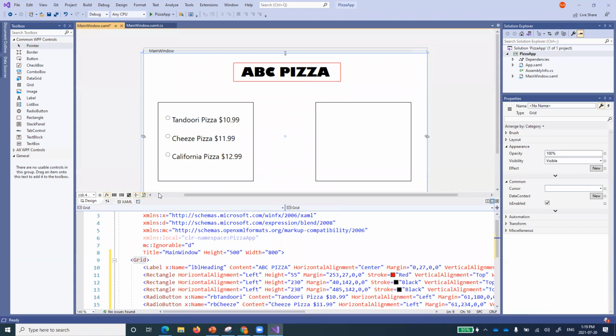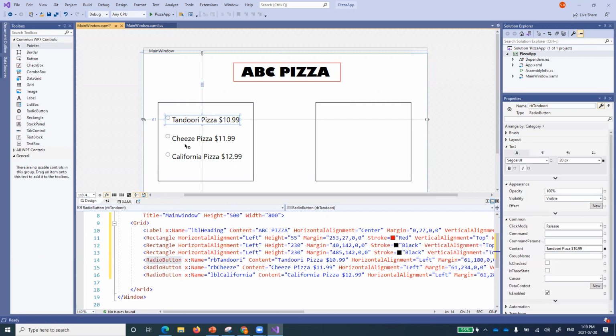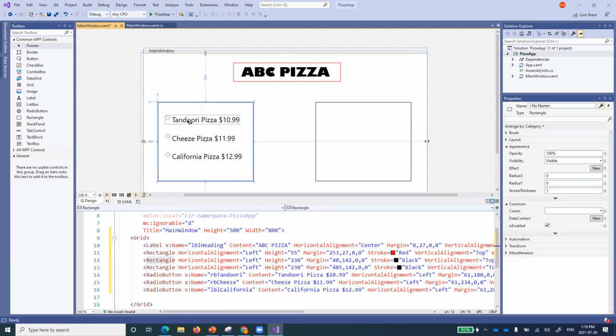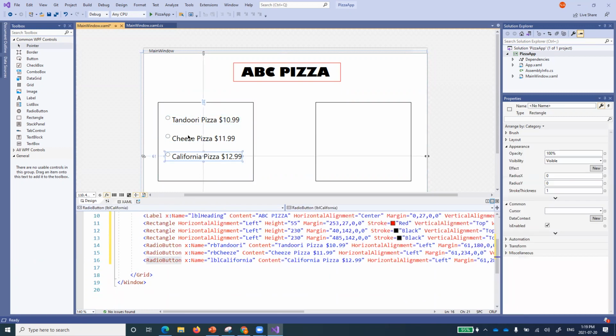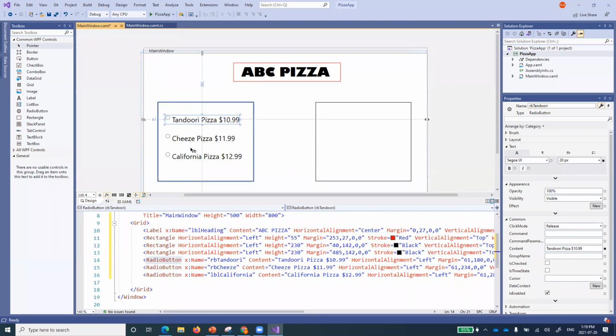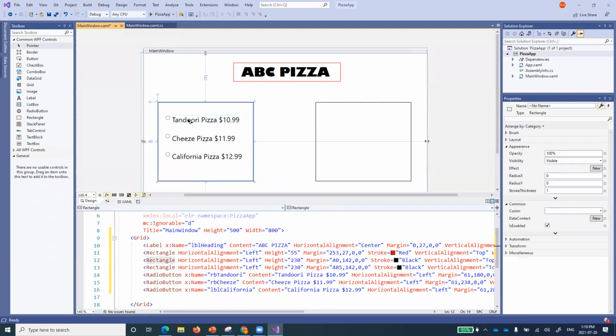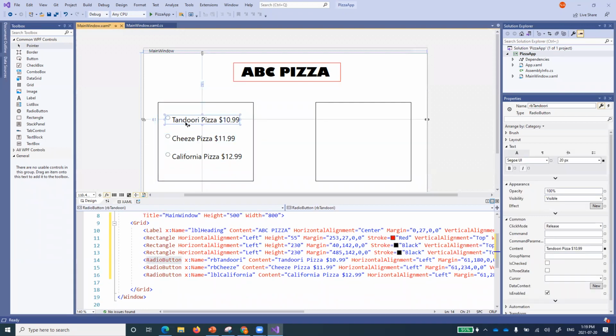Right. This one more very, very important step here. And as I said, I will be telling you the important things about that as well. What's that? I want always one of them to be selected. Radio button is something that always should have only one selection at one point of time. How to do that? We can just come to over here, select our radio button, and there is a property group name. You see group name over here, right? So you can call it something. So I say type of pizza. I've just called it type of pizza.